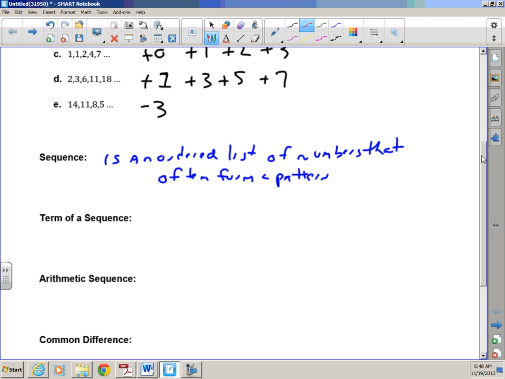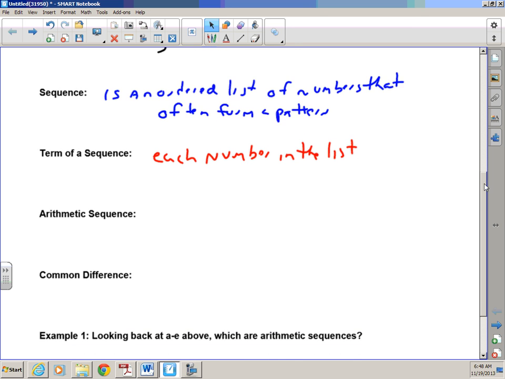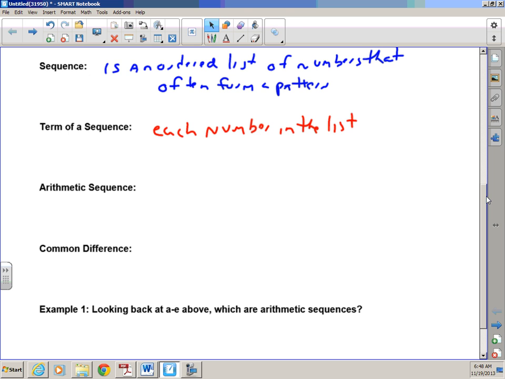A term of the sequence is just each number in the list. And we're going to talk about this sequential numbering in a couple of minutes because it has a notation all to itself. An arithmetic sequence is simply a sequence